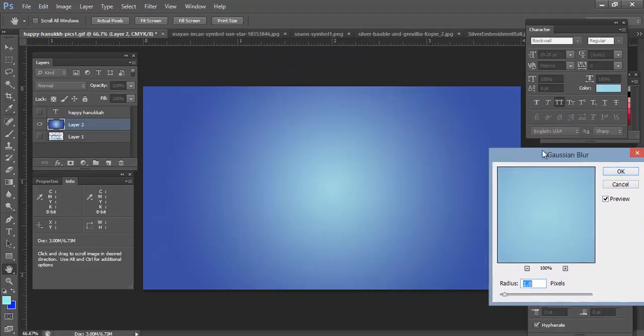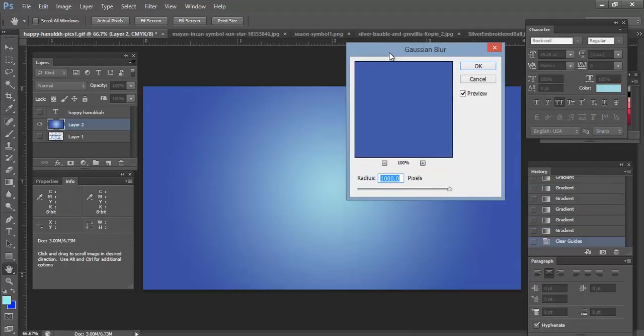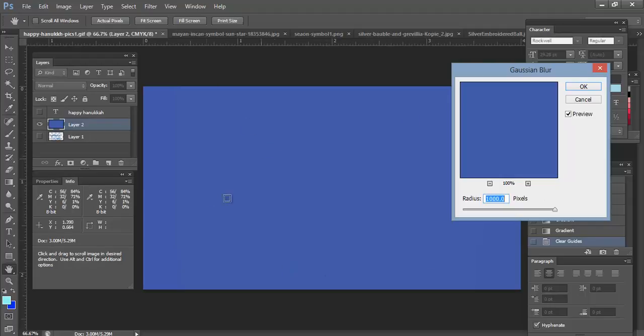And I can't tell you exactly how much. You just kind of have to look at your gradient and see what looks good. Because if you go too much, and I'm going to show you that, it'll change the gradient so that it doesn't look like the same gradient anymore, sometimes. And you may have to wait, because in this case I chose 1000 pixels. I had to wait for that to figure out how to apply it. Now you can see it looks like a flat blue area of color because the blur was too much. So we're going to go way down,